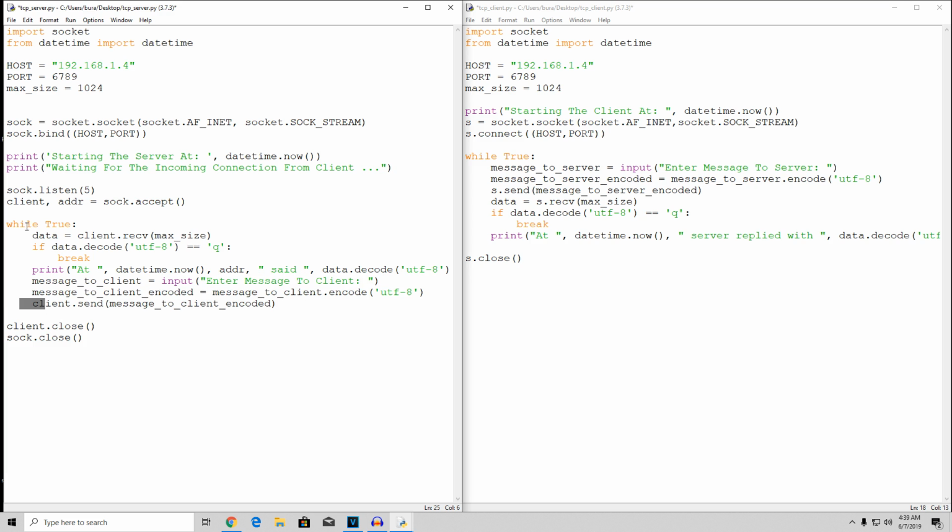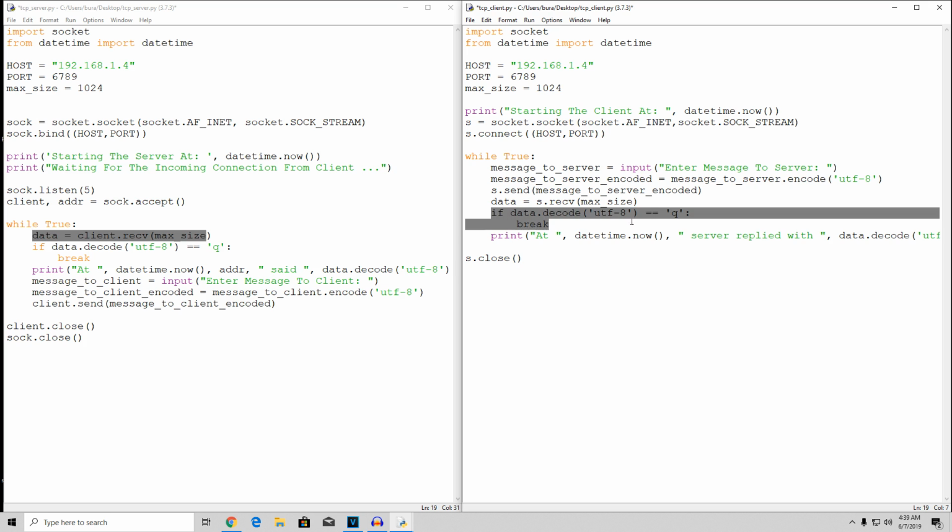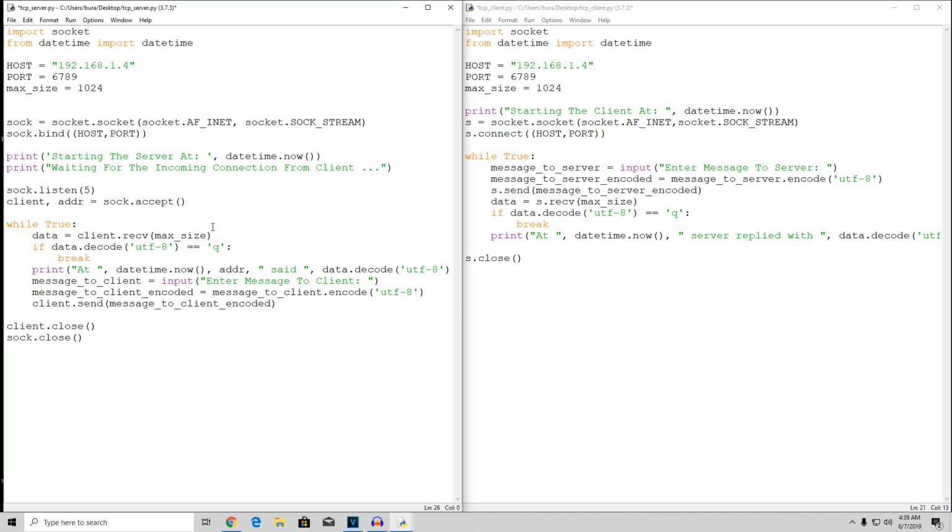Then we go to the beginning of the while True loop and get stuck at this line, because the server actually received this message of Q and broke out of its while True loop, closing its program, and therefore we are going to be stuck right here without ever receiving anything back. So we need to double check everything, and by double check I mean right here, if